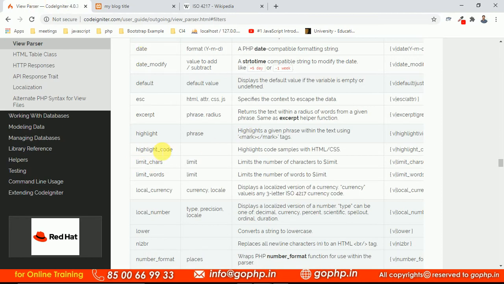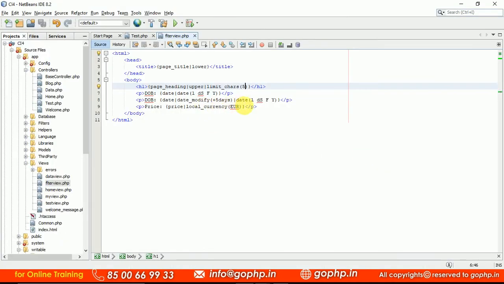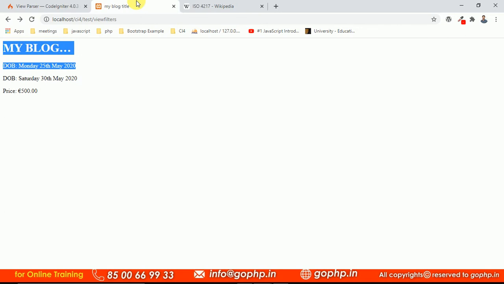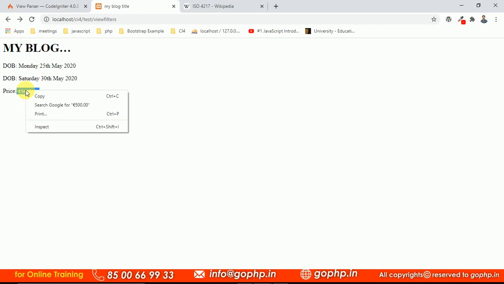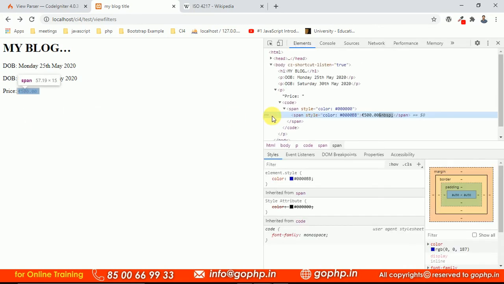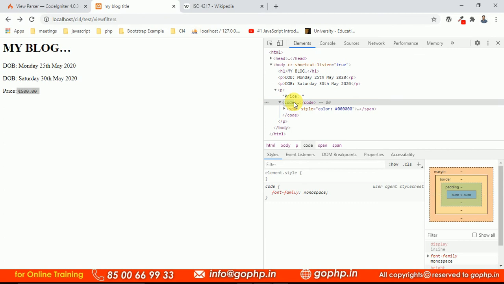So highlight code: if you want to highlight anything, it works using CSS and so on. This is highlight code. Just pass something called highlighter. I'm going to make this a highlight code and let us check it. So the price is going to be highlighted now. It was highlighted in a different manner. The font was changed. I don't know what tag they are applying behind the scenes. If you want, you can check it. What tag did they apply for this price here? Check the inspect element. They used a span and applied some color for this span, and moreover they put this into code. This is the element they added for this highlight mark, right?